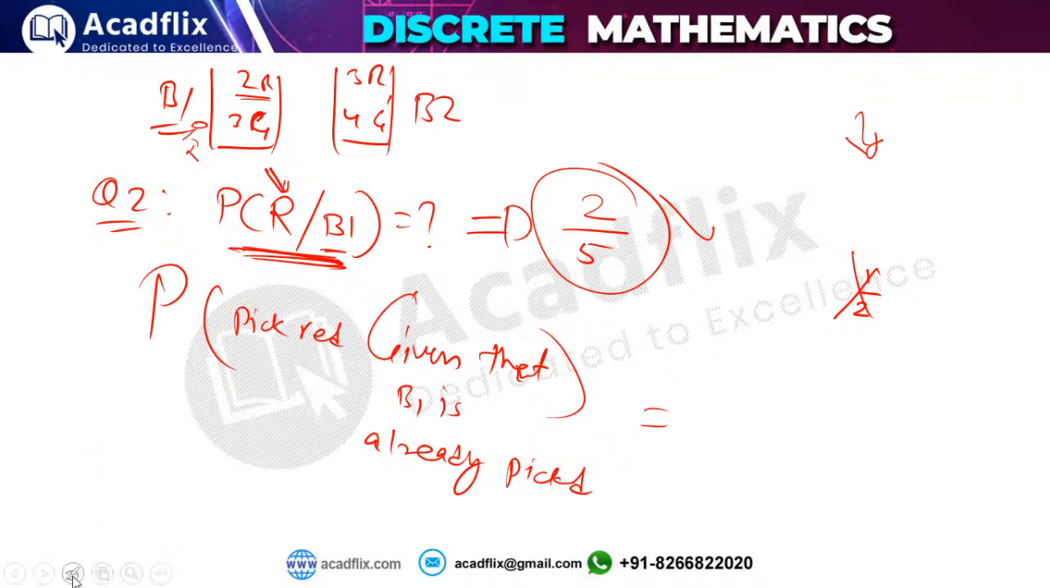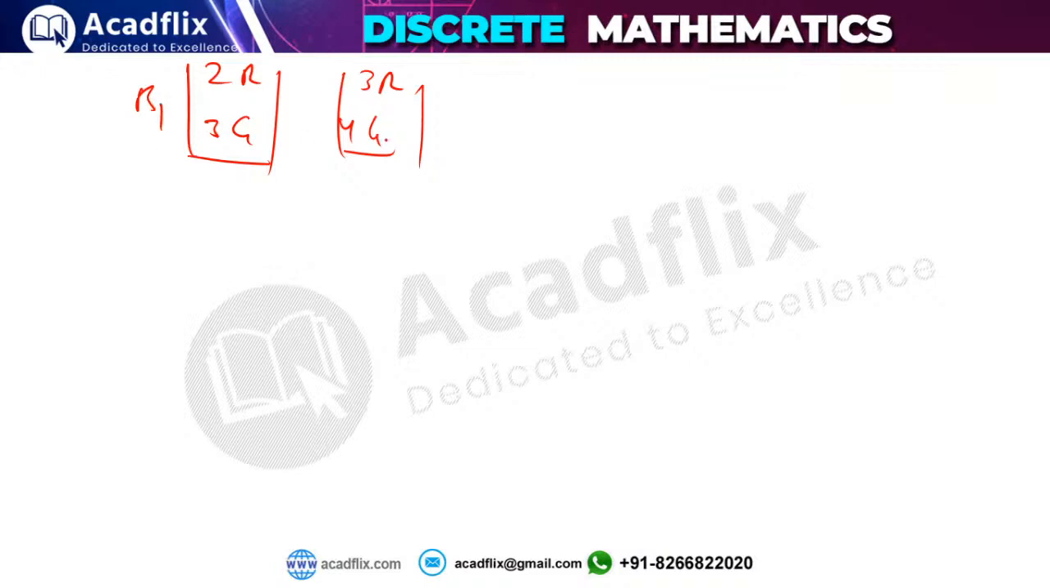Now let's see the next question. The same scenario: 2 red balls, 3 green balls in box 1, and 3 red balls, 4 green balls in box 2. The same scenario, box 1, box 2. The next question is, what is the probability